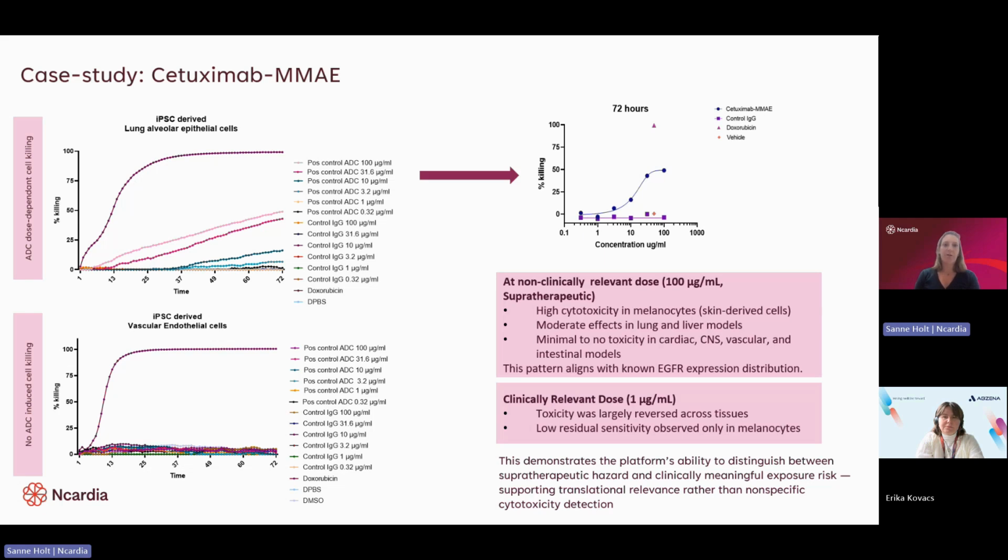And it just visualizes that dose response curve of the ADC and the killing really nicely, and also shows that at the lower doses, so 1 microgram per ml and lower, you don't actually see a response anymore. So I think that's important actually for this slide, is that we went very high in dosing. So the highest dose was 100 microgram per ml, which is not really clinically relevant, and it's a super therapeutic dosing. But we wanted to show that if we overdose, we can pick up certain effects because of expression of the target. And we then titrated it down to more clinically relevant levels.